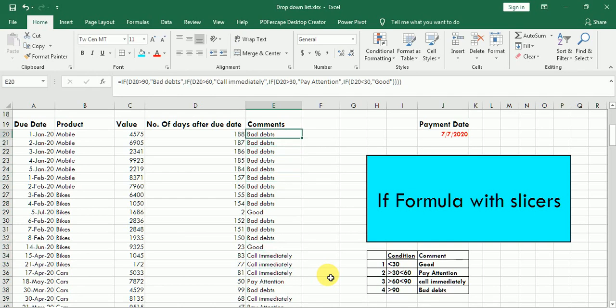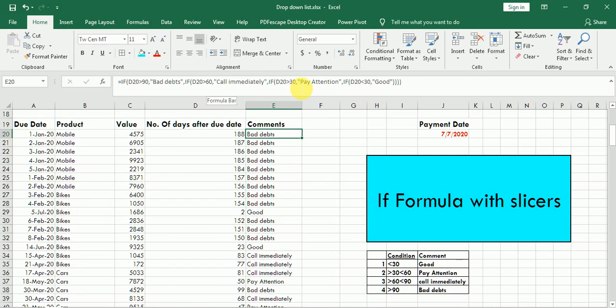Now what was the formula? If D20, this cell, is greater than 90 days, comment it as bad debts. We put the comment in quotation marks. If D20 is greater than 60 days, call immediately, in quotation marks.